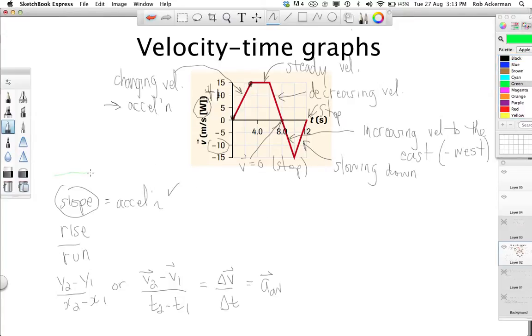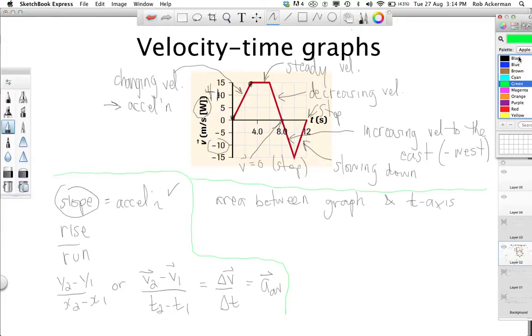Now there is one other thing that we can do in terms of other calculations on a velocity graph, and if you remember from grade 11, that involves calculating the area beneath a graph, in this case here, or above a graph, in this case. In fact, it's the area between the graph and the time axis that we're interested in. What does this tell us, the area between the graph and the time axis? Well, if you recall, it's actually the displacement